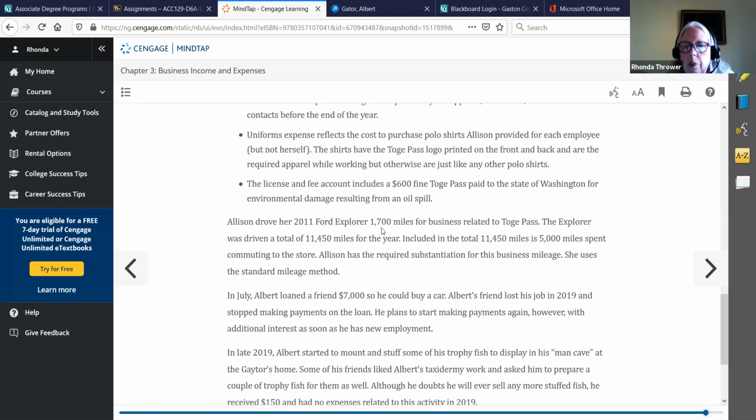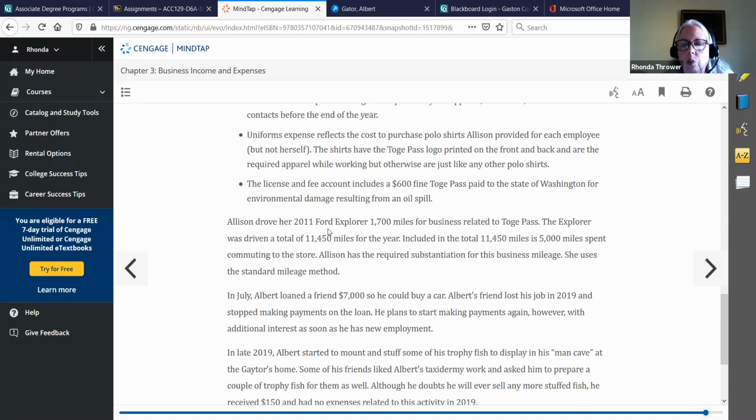We do that by multiplying 1,700 miles times the rate for mileage, which for 2019 was 58 cents. So if you put in your calculator 1,700 and you multiply it by 58 cents, it tells you that